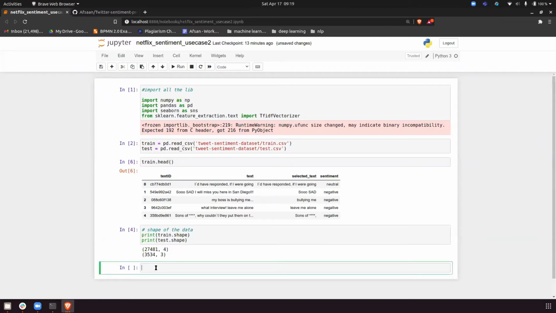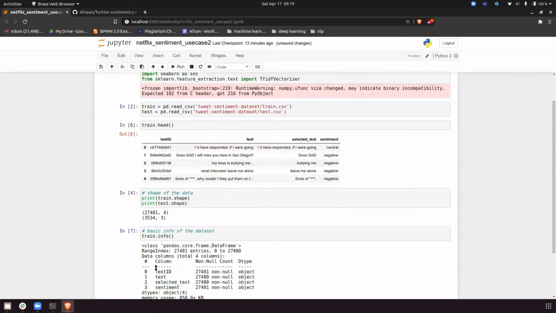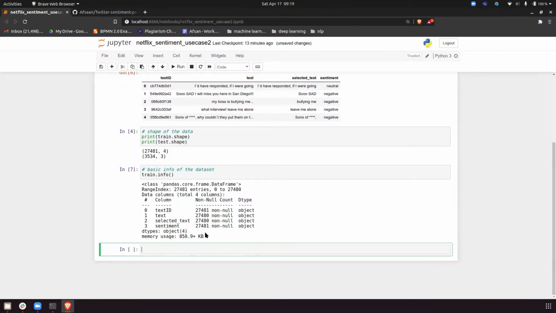If you want to see the basic info of the data set, what type each column is and how many null values are present, you can do train.info. If I run this, as you can see, there is one null value missing here, and one null value missing here.